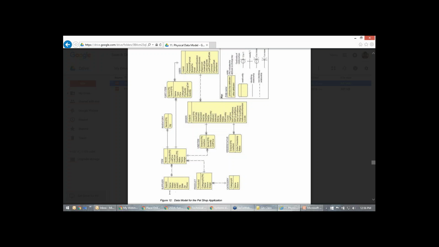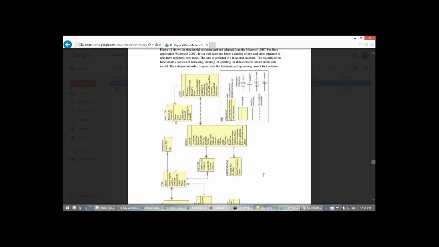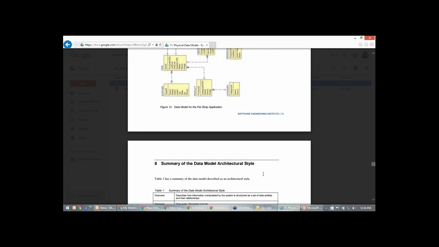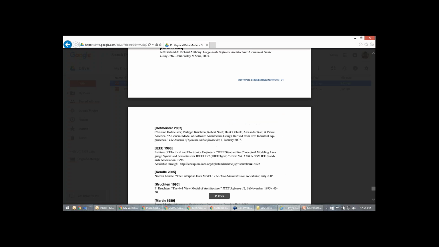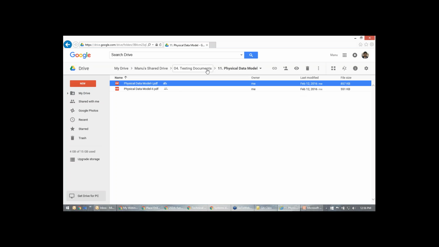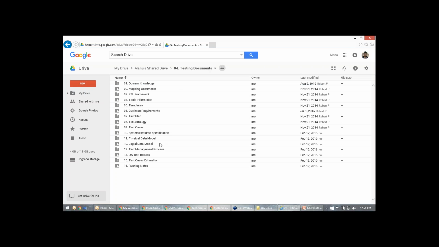So this is the primary key. All this information, if there is a candidate key, you'll have the candidate key. If there is no natural key, you'll have this natural key. All this information will be there in the PDM, physical data model. Okay, so that is PDM, and you have one more, LDM, that is logical data model.